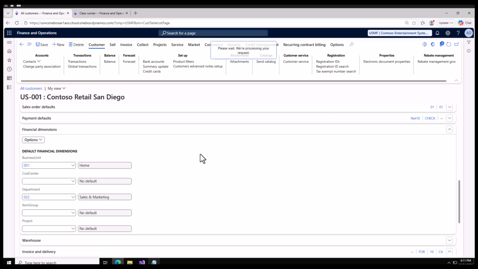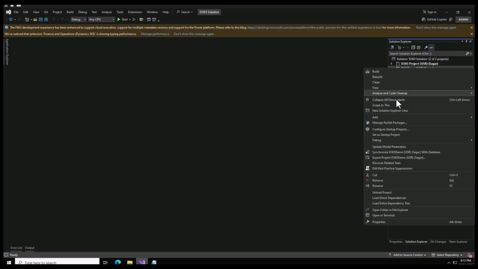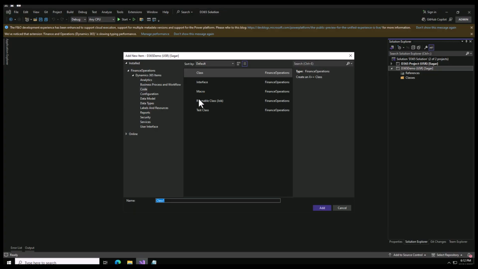Now let us understand a scenario where you only have the customer ID and you want to know what all financial dimensions and their respective values are available for this particular customer. So how do we tackle the scenario? We'll write code for this. I will create a random class to show my demo. Here I can say get financial dimension